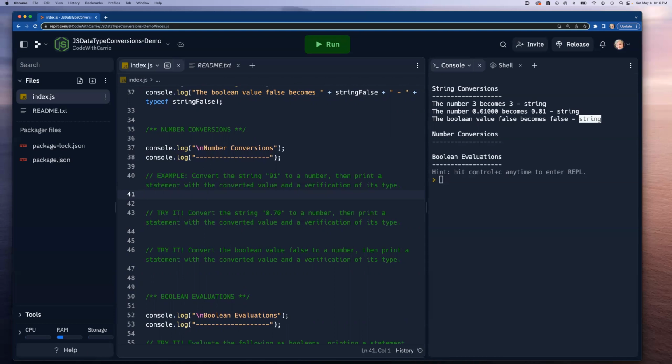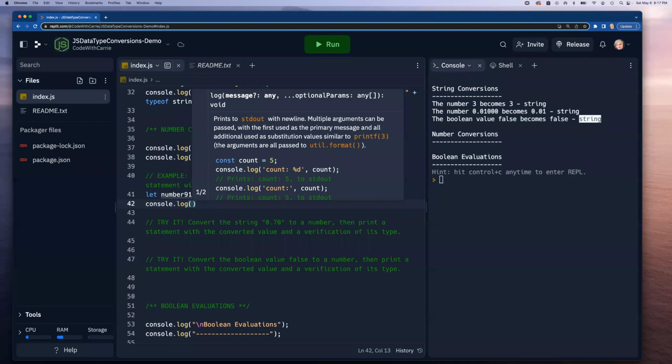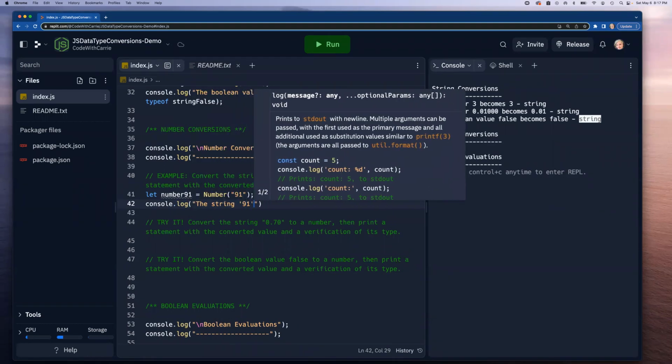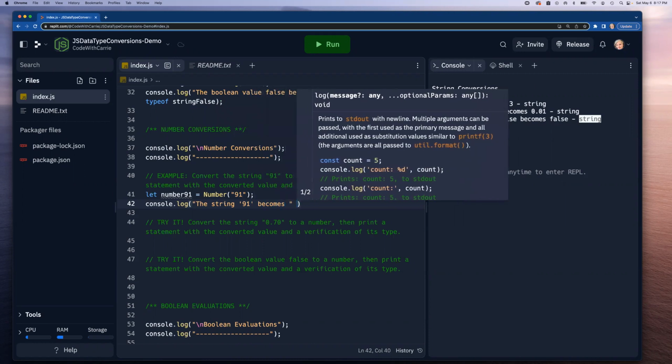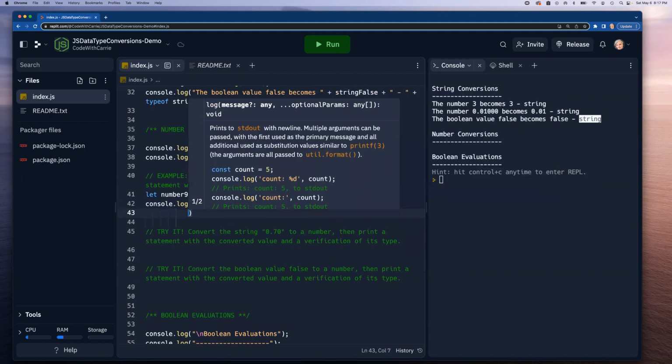So let's do an example for you. First, let's convert this number 91. Let number91 equal, I'll use the Number function and I'll pass in the string 91. So it's not a number yet, but it's about to be. And I'll say the string 91 becomes, and then number91, and